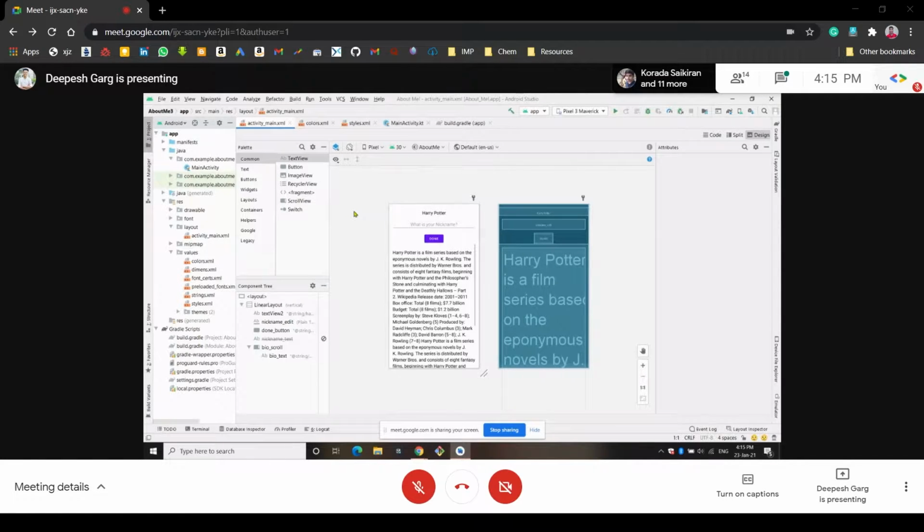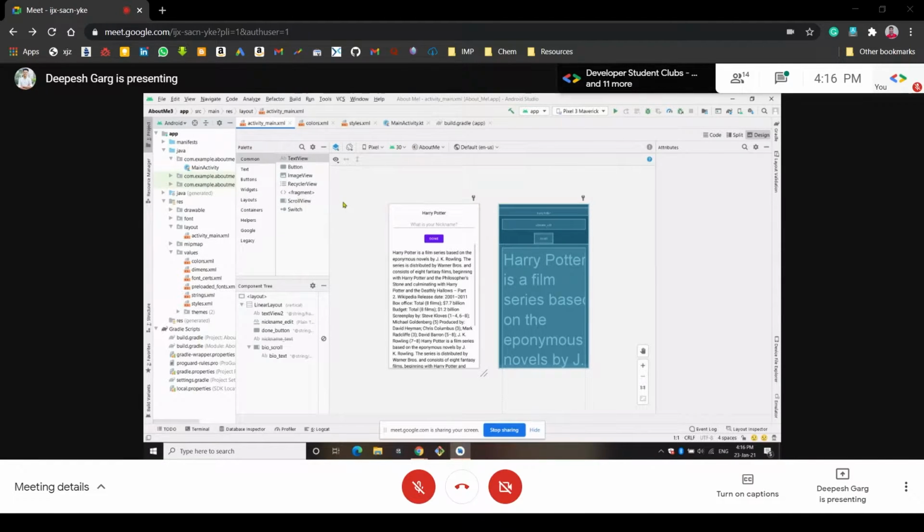After writing this, the user has to click the done button. After clicking the done button, the text that we have written in the edit text view, where it is written, what is your nickname, will be shown there, and the done button will not be visible after clicking it. After that, we created one scroll view, in which we put some text, and we want it to scroll, so whenever we scroll down, the text should scroll. So we added one scroll view also. That was all that we designed.